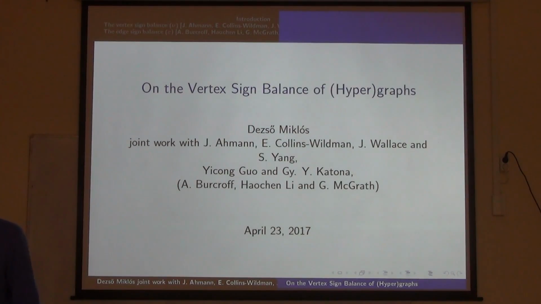And Choka yesterday mentioned one of the problems he covered in his talk was the by now so-called Miklos-Singhi conjecture or question or whatever. And well, it's not a big wonder that I will start from there, but I will somehow reach this vertex sign balance, define that for graphs and hypergraphs, which is very much related to this conjecture.